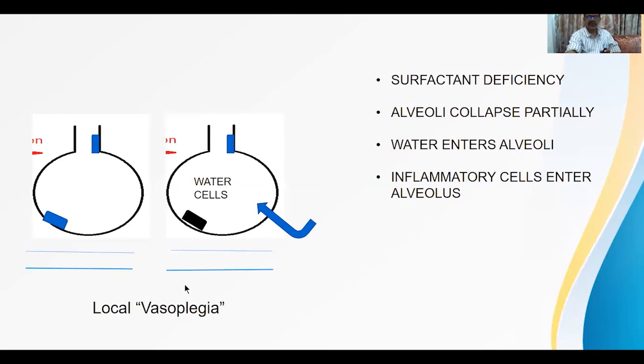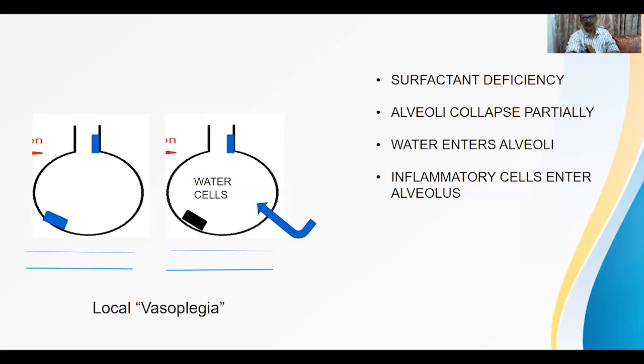Previously we saw that there is hypoxic pulmonary vasoconstriction in C-type, which is a normal defense mechanism. But this mechanism does not operate here. Even if the alveolar PO2 is low, there is no local vasoconstriction. This caliber and this caliber are the same. So blood keeps on going to useless alveoli. This is paralysis of the defense mechanism. That's why you call it local vasoplegia, paralysis of the vessel. This will be a recurring theme in further presentations.